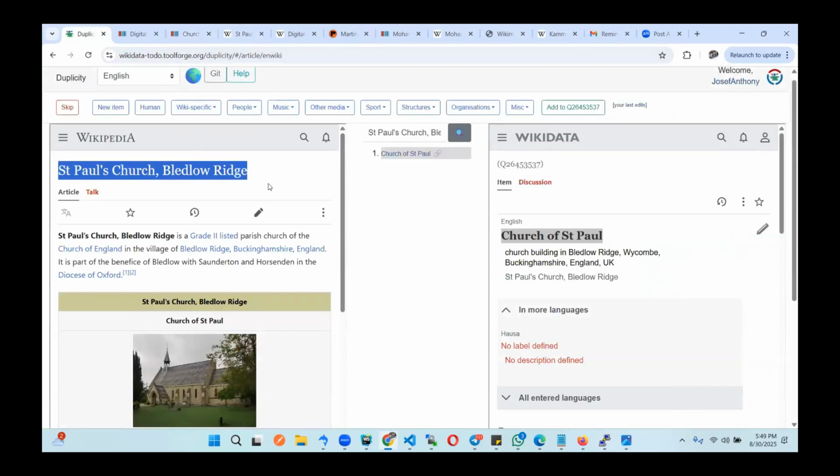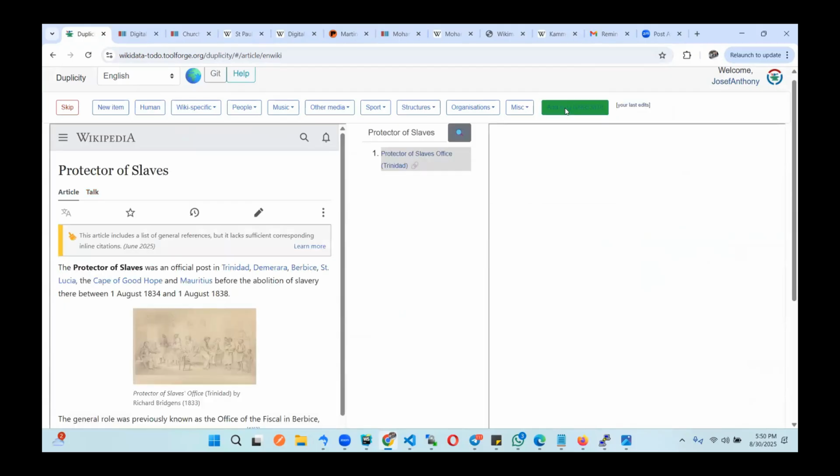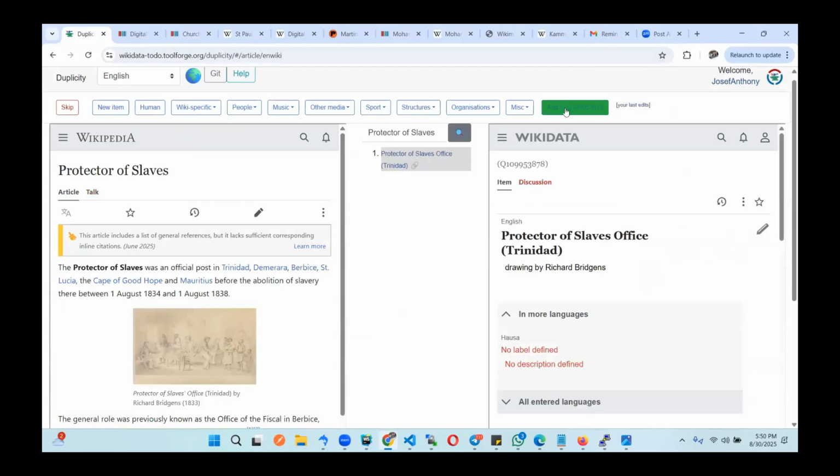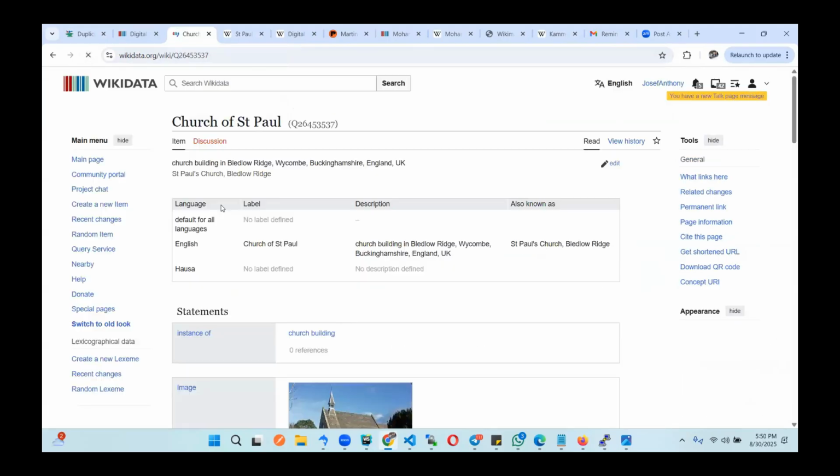So Duplicity helps you look for that perfect match and try to link them. All you have to do is click on add. Once you add, Duplicity helps you link that article to the Wikidata item. So let's come to church. You can see that when you refresh,